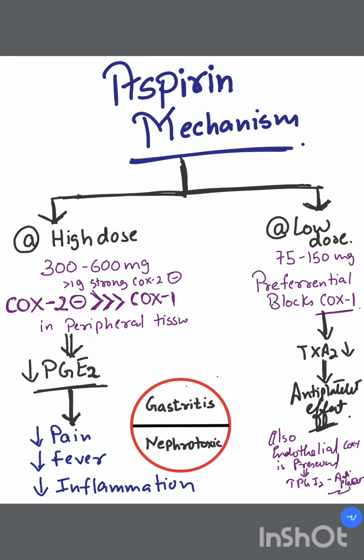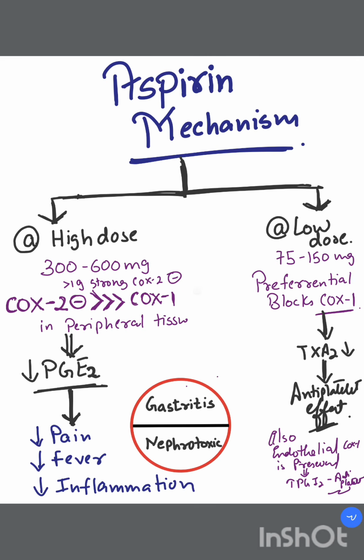Therefore, it reduces the inflammatory prostaglandin E2 and therefore reduces pain, reduces fever, reduces inflammation. But this high dose of NSAID, this high dose of aspirin for a chronic duration, for a longer time, has its side effect such as gastritis. This gastritis is so notorious that it can even lead to ulceration and even to perforation. Therefore, chronic use of high dose NSAIDs is a must know, and the person should be regularly checked and followed